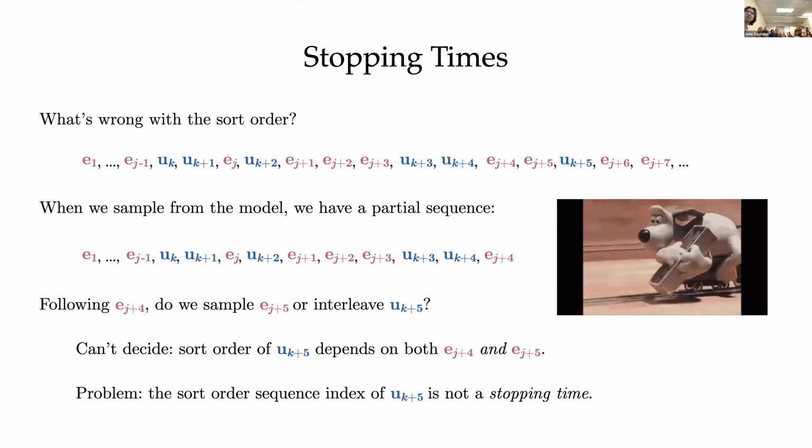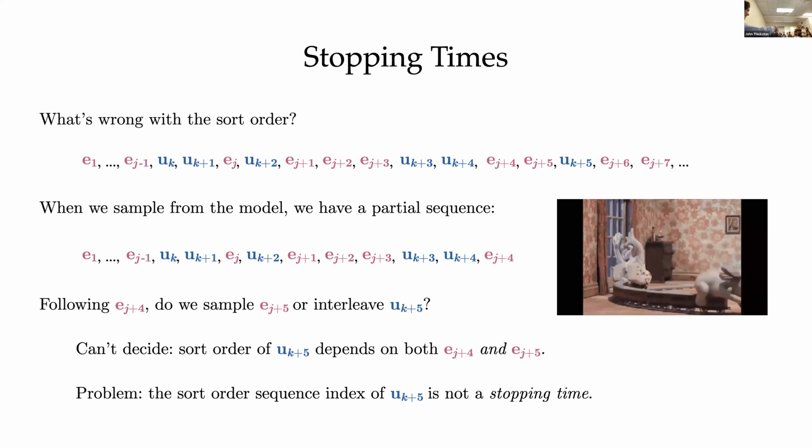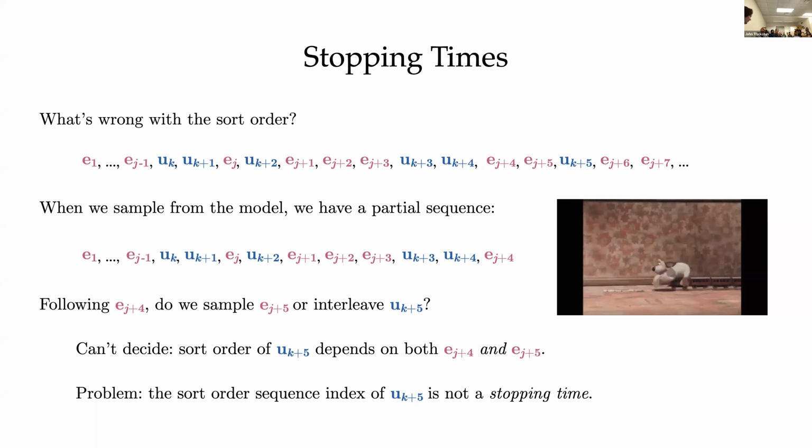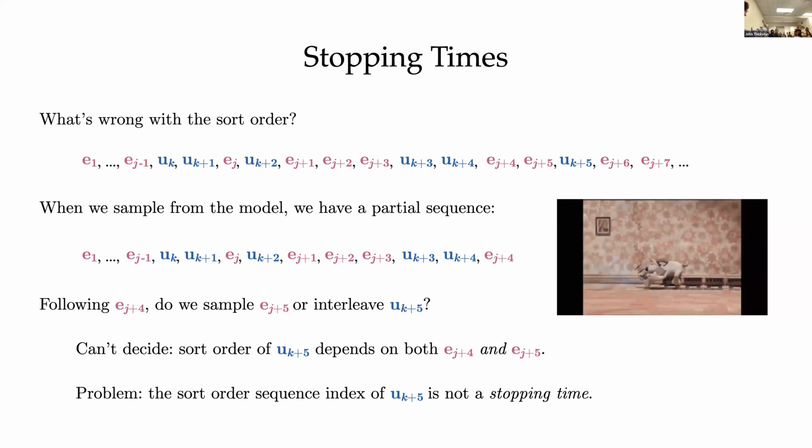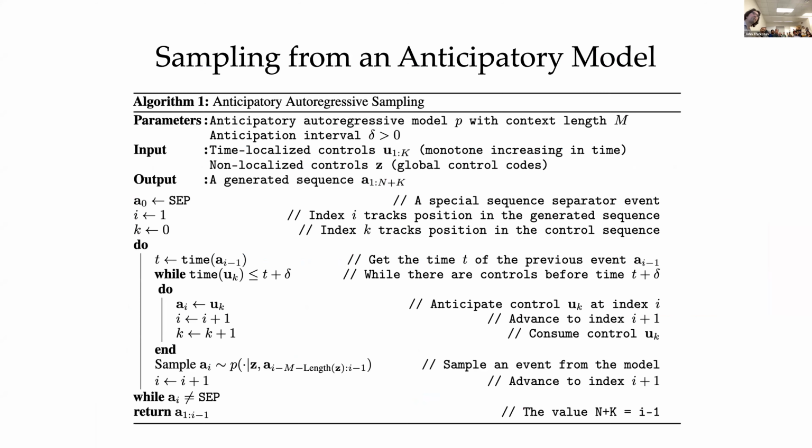So I have this goofy cartoon of myself sitting on top of, this is my event sequence racing down the tracks. I'm sitting here with my tracks in a box and deciding whether or not it's time to drop the next track. And with sort ordered sequences, there's no way to determine. So the model's busted.